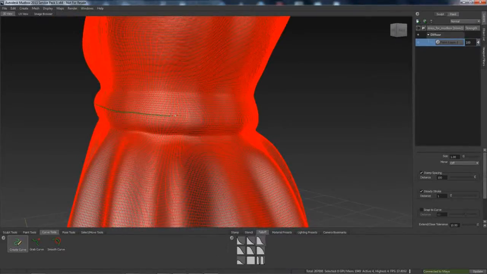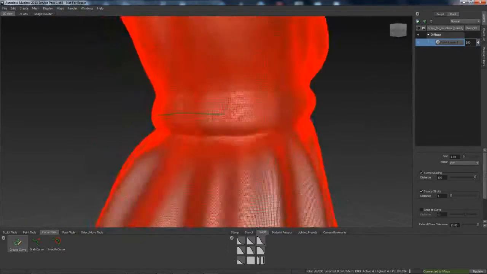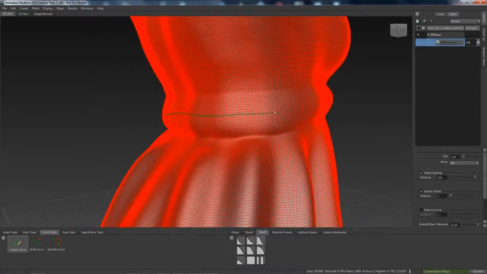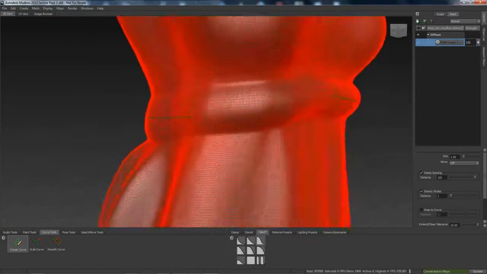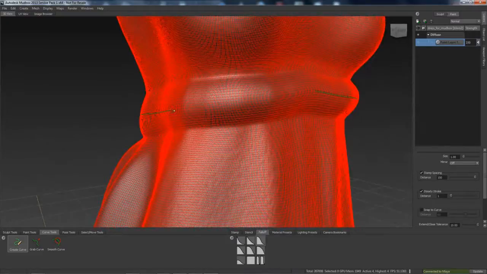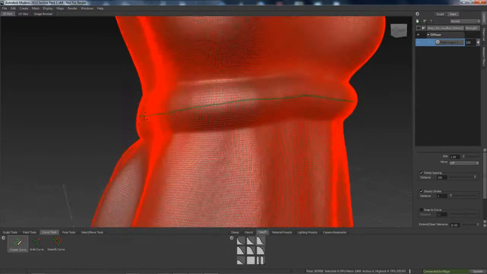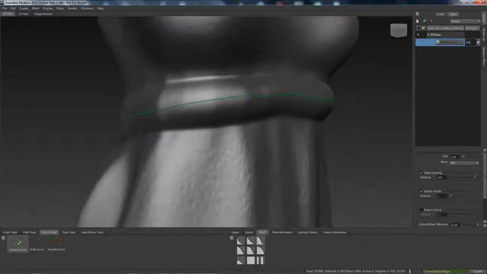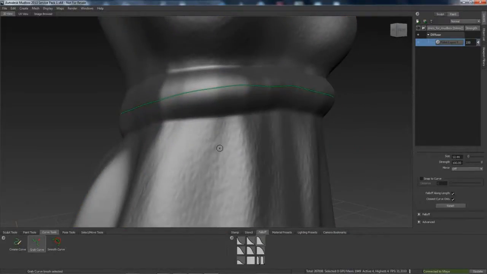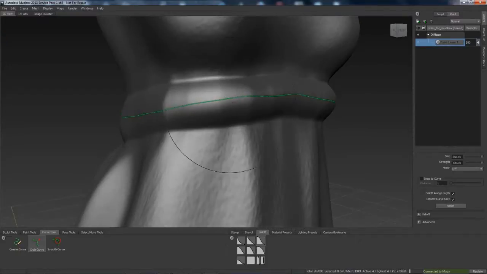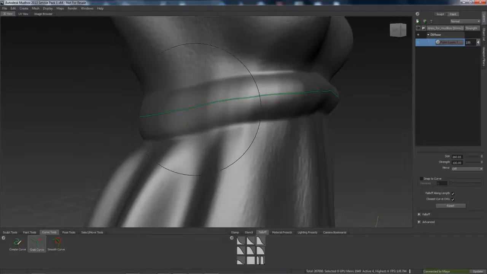Also, as you get close to the endpoint of a curve, as I'm navigating around this model, you can see there's an orange dot that shows up that automatically connects your next stroke. And then when you get close to the beginning point, it'll automatically close this curve. So at this point, I'm ready to reposition this and smooth this out so that I get exactly what I want. In this case, I want a curve that sits roughly in the middle of that band,